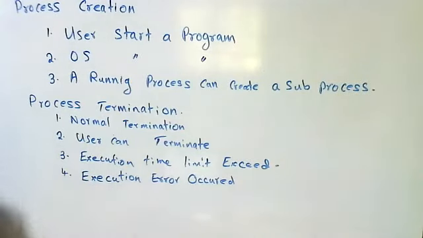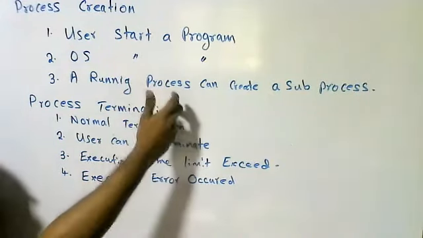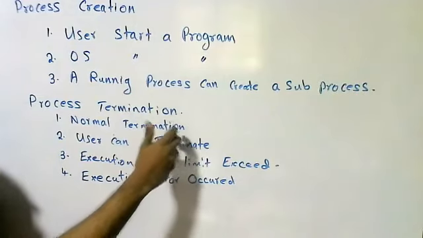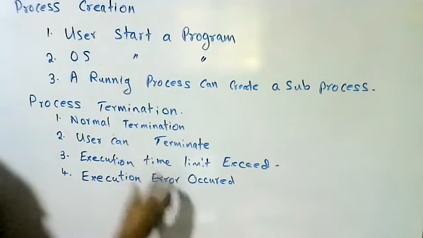And if the needed resource is unavailable, I told you that if a process is running, a process needs some resources to accomplish its task. Process needs CPU. CPU is always available in the computer, so no problem. Process needs memory. Memory is always available in the computer, so no problem. Process needs files. Most probably files are available in hard disk. Sometimes that particular file is not available in the hard disk, and the process may terminate.